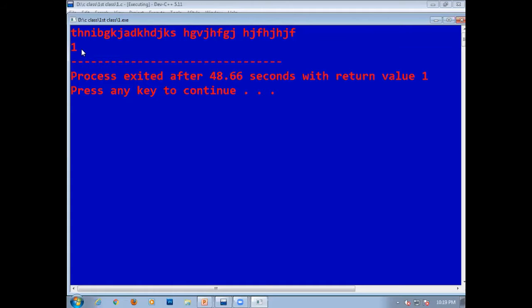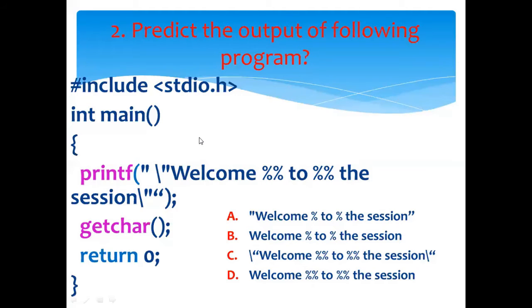So let's move on with the second program. Predict the output of the following program. Here we find one more printf statement in this program, wherein we are using double quotes. This program represents how to display double quotes and 1%.